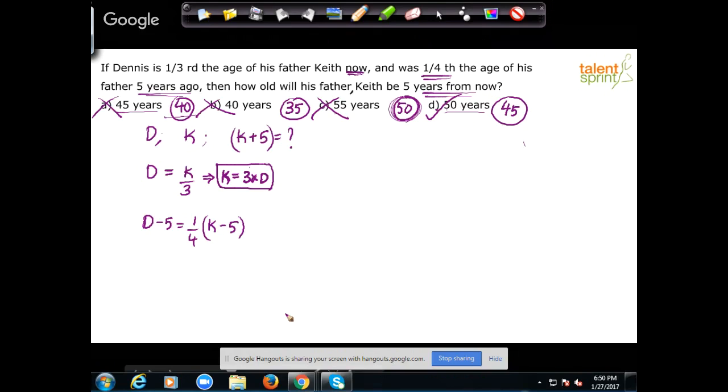You don't have to solve the equations. And even if you have to solve, it's not a complex one. You will get the answer in like 30, 40, 45 seconds. But why? You have to use the smartest method possible. And the smartest way to solve questions from ages is to just go by elimination. Understand the equations and use the technique of elimination to get the answers. So option D, 50 years is the correct answer.